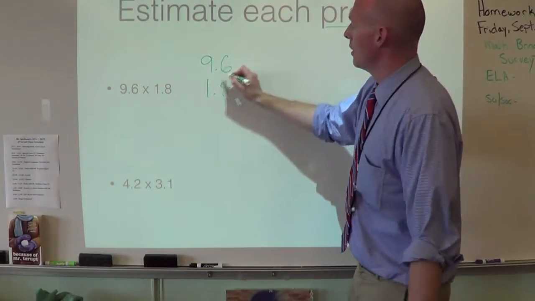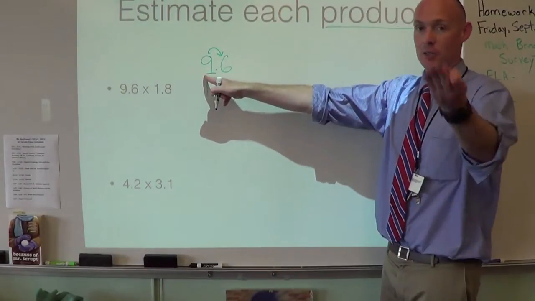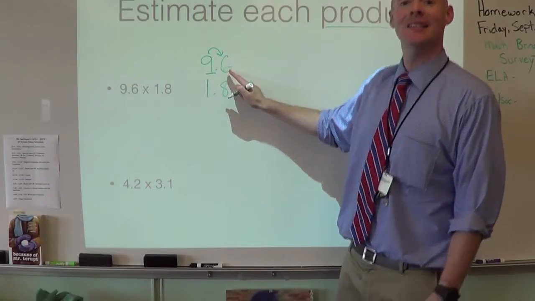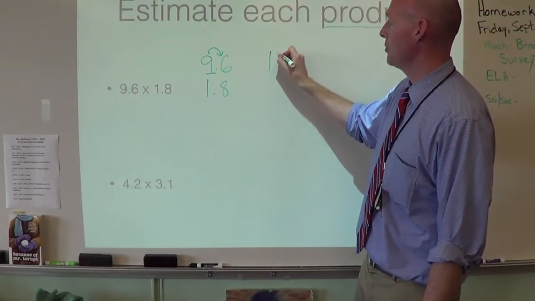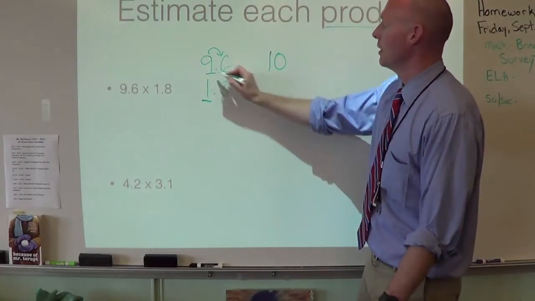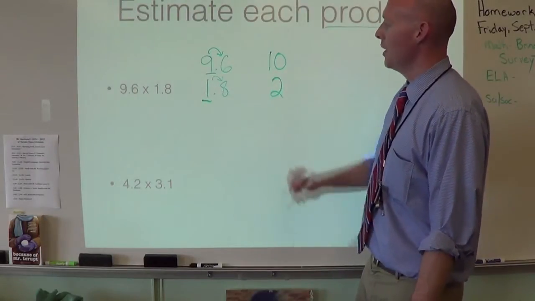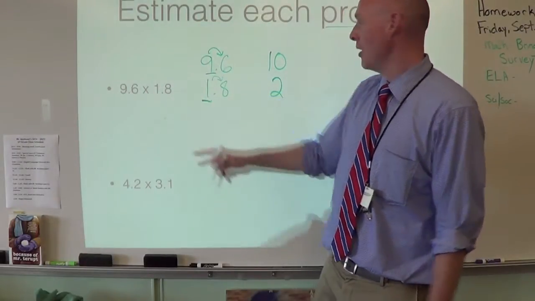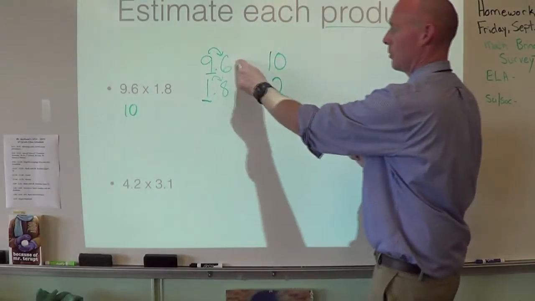Let's do it. 9, okay, underline 9 because that's what we're rounding. We're doing it to the nearest whole number. I look to the right. It's 6. 5 or above, give it a shove. Add 1 to it. That 9 now becomes a 10. Okay, here I have 1 decimal point 8, 1 8/10. I look to the right, that 1 now becomes a 2. Now, instead of 9 6/10 times 1 8/10, if we're estimating the product, 10, remember, because that's what we rounded it to,